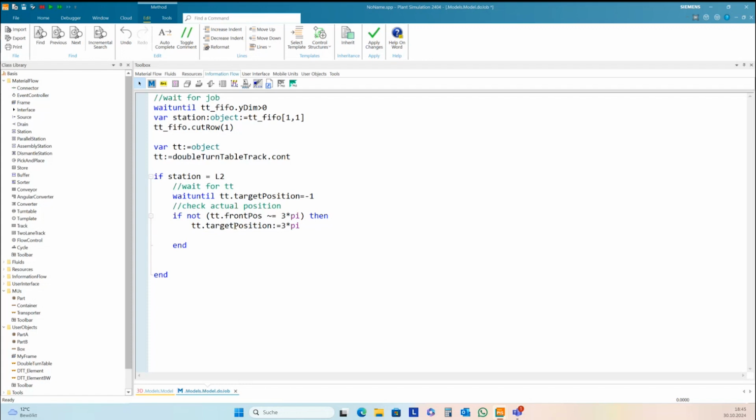Okay, target position will be set back to -1 by Plant Simulation if you reach the target. So we need to wait here for finishing the movement. We need to wait for target position is -1.